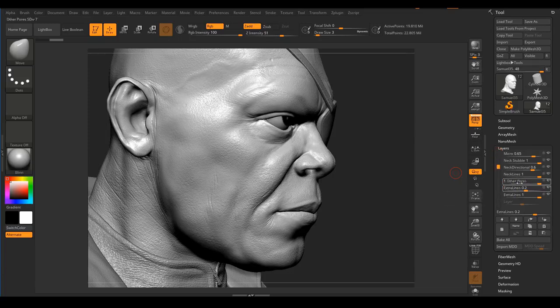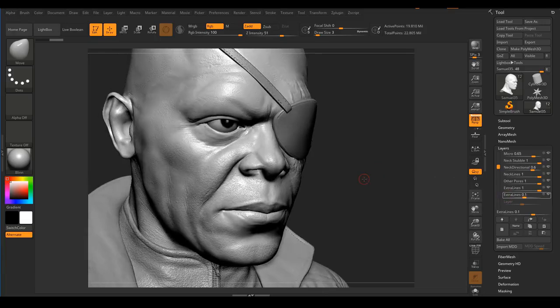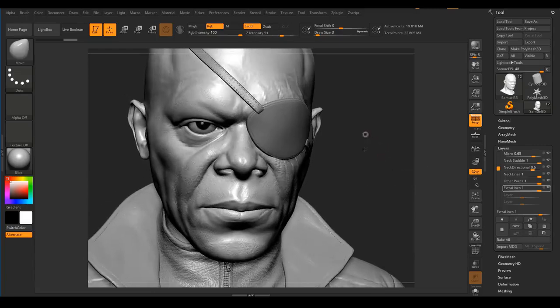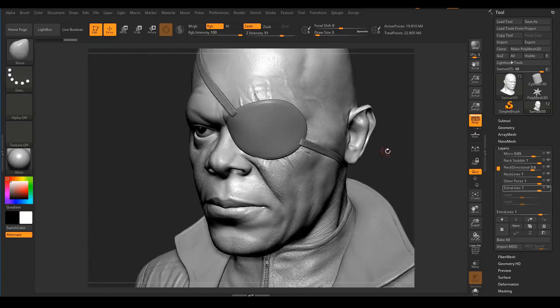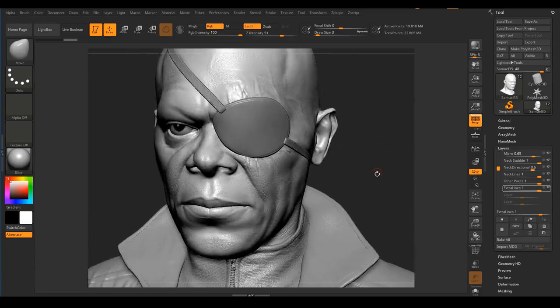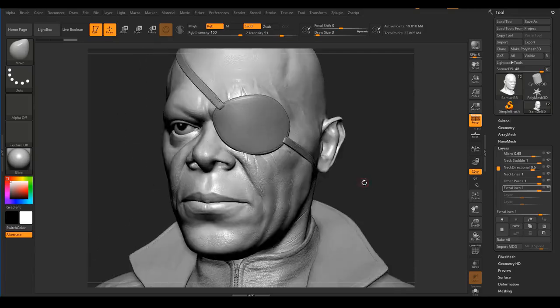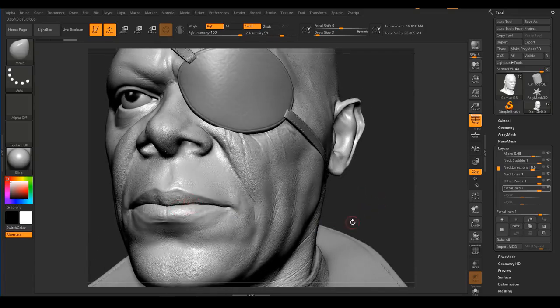Let's see here. Actually, this I'll leave at 1, and then this one I'll set to 0.1. Okay. Alright, good. And I could even merge these together. So I'm gonna do that by clicking on this merge down button, so these will be combined. There you go. And now I am quite happy with the pores there, except for this here under the lips, which I have